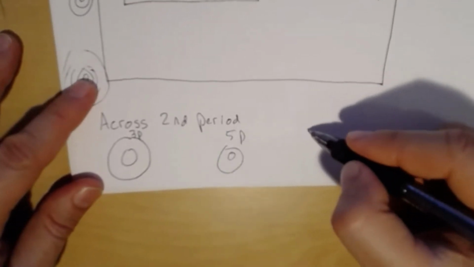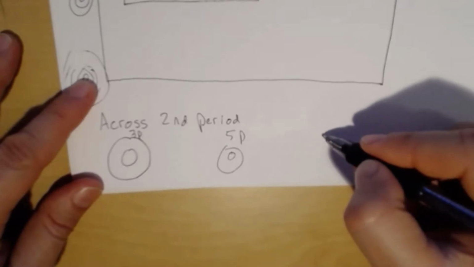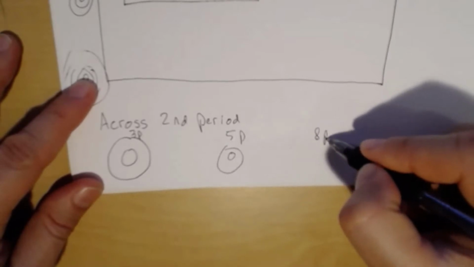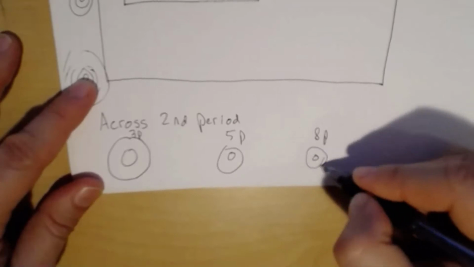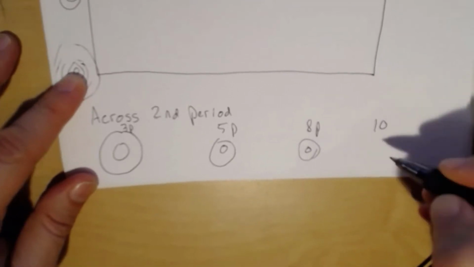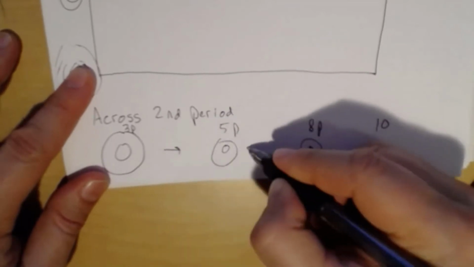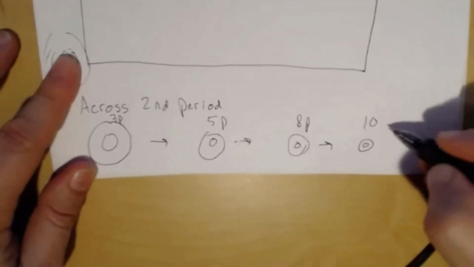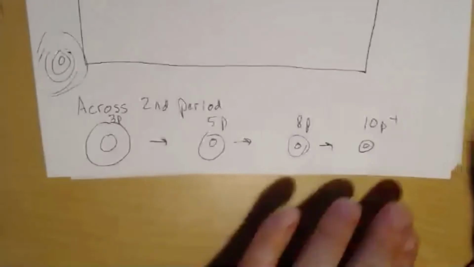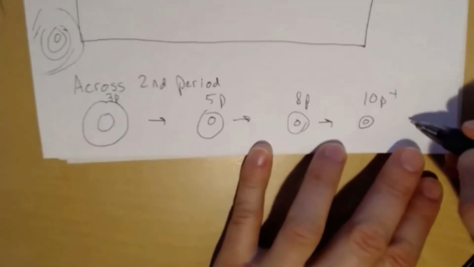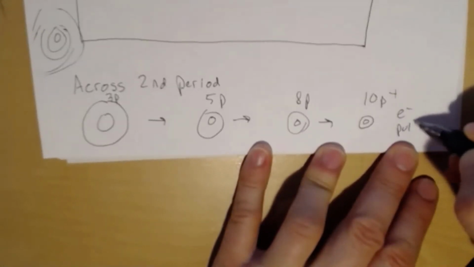As I have 7, let's say 8 protons, maybe it gets a little smaller. And then when I get to 10 protons, much smaller, yeah? Does that make sense? So the electrons get pulled in